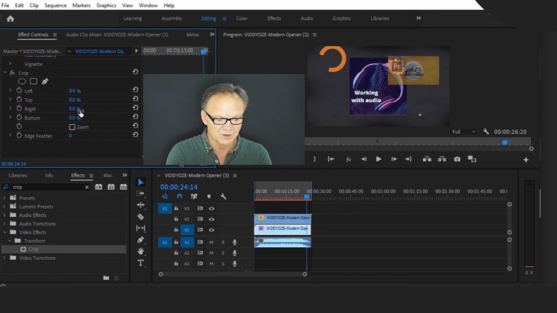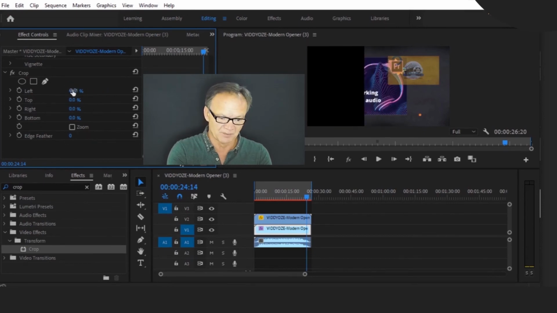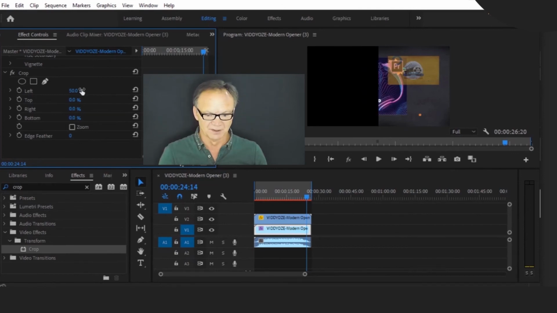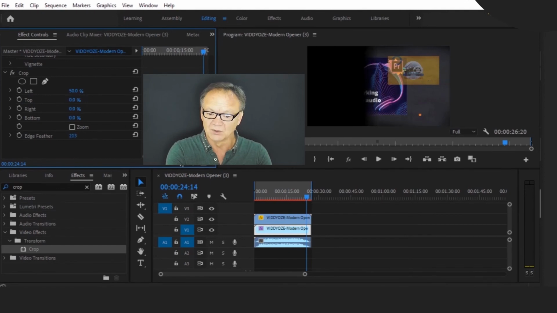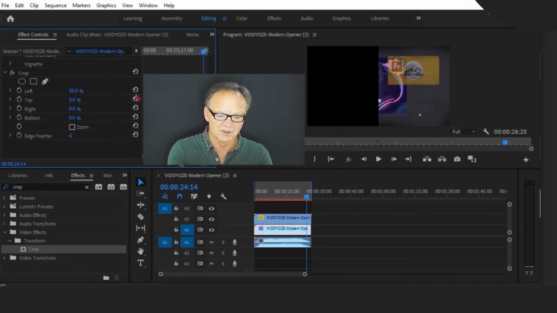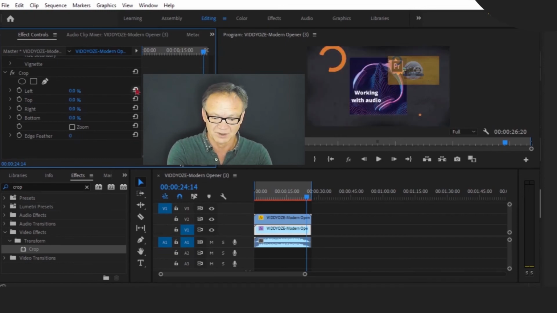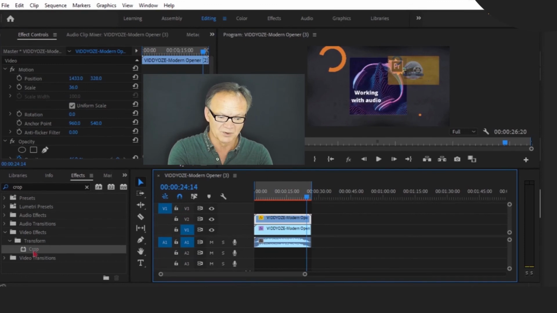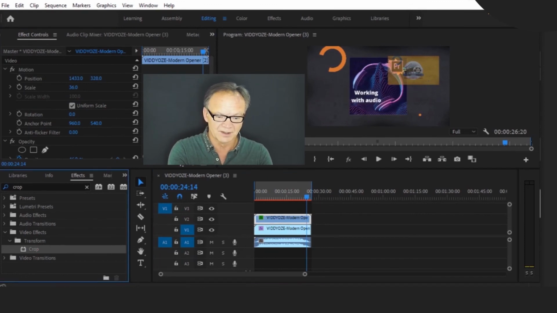I'm just going to crop the bottom layer, the left-hand side, by 50% roughly. See what's happening there? I can also type in the number and just over-type it. It's enter. Now, something I want to show you with cropping is this edge feather. It makes the edges go blurry by degree. That's quite handy when you want something to blend in. This is not a good example because I'm doing the layer at the bottom, so I'm going to undo everything and I'm actually going to do the layer at the top. I'm going to put a crop onto that layer